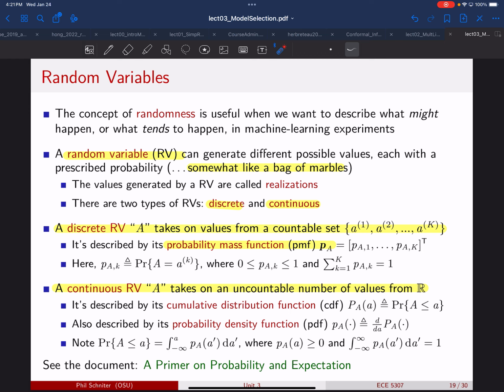Okay. Any questions on this discrete case? Okay. Now, when we move on to continuous random variables, it's a little bit more complicated because, again, the main